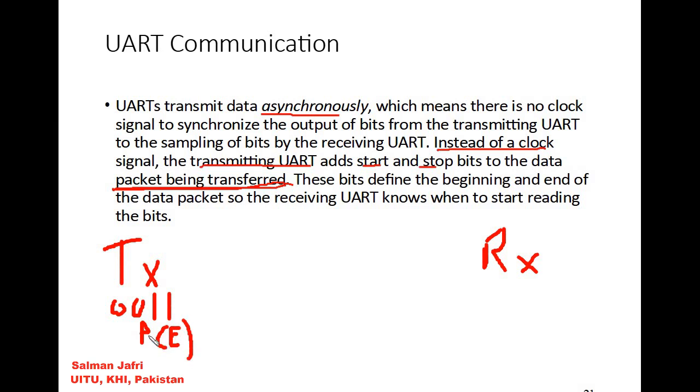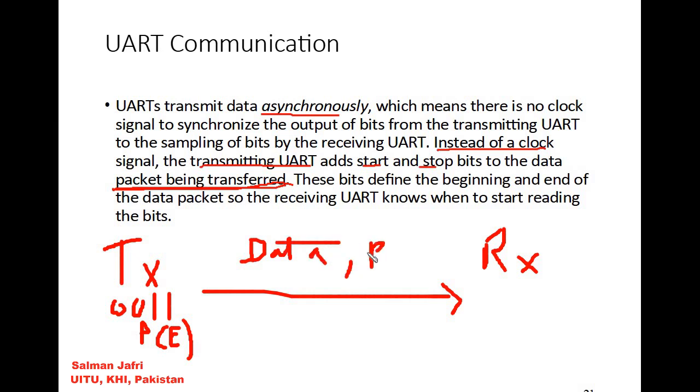The transmitter calculates this parity bit, which is even because we have 2 ones, which is an even number. It transmits the data along with the parity bit